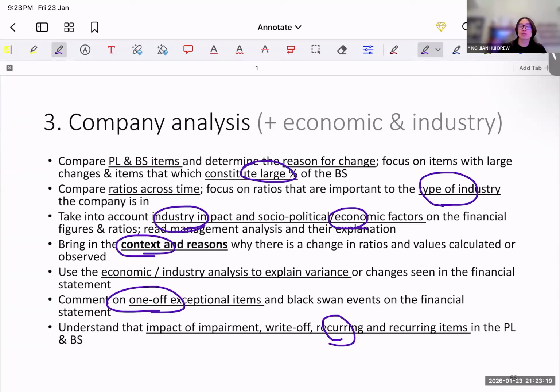Is it a high interest rate environment, which will affect their, let's say, interest expense on their P&L statement, right? So those are some ways, hopefully you can see, where we weave in the economic and industry analysis with the financial statement analysis to give it a more practical explanation rather than just saying, oh, inventory turnover has reduced, or maybe the net profit margin has increased. This shows that the company is more profitable. Rather than just saying this statement, try to bring more context, right?